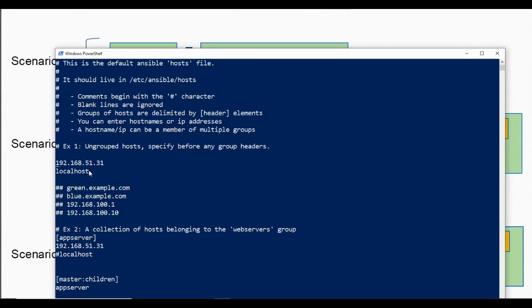192.168.50.131 is a machine, localhost is a second machine, and it has to be defined on a separate next line. If you want to group multiple machines together, let's say you have 5 virtual machines running on AWS and 5 more machines running on Google Cloud, the way you want to manage and deploy certain things on these machines might change depending on the cloud or the infrastructure it is running on.